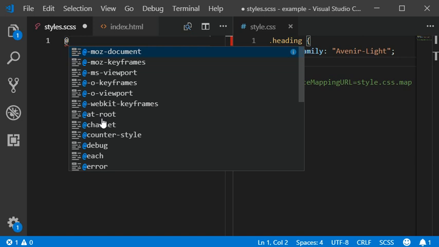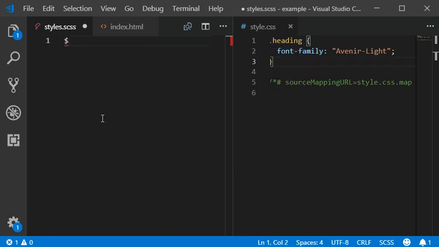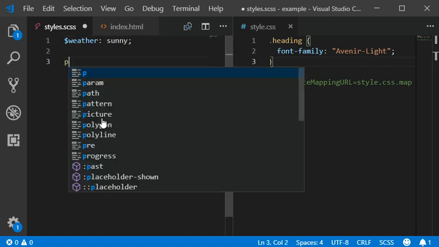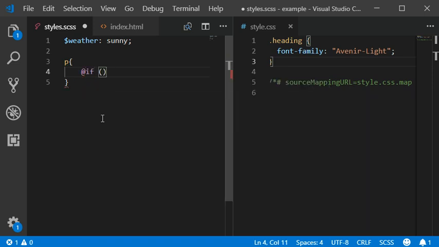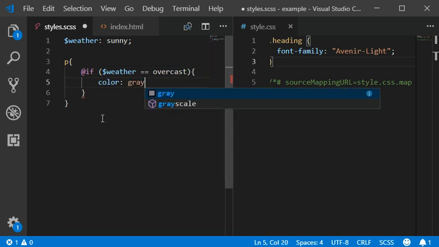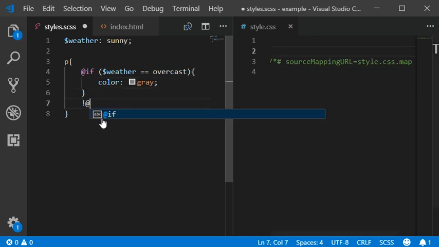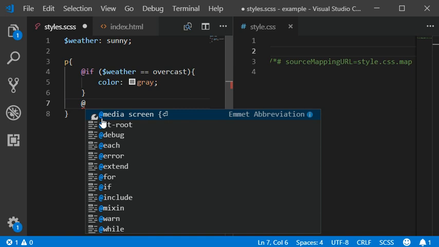So if we have the variable with the name of weather, sunny, and the paragraph tag should have the if condition, where the name of your variable weather equals overcast, and your value should be gray. And you can also add another condition, else